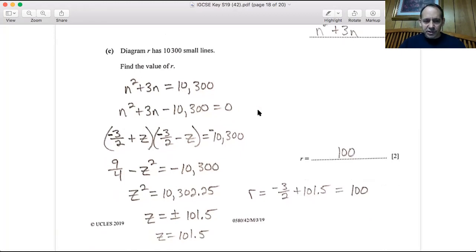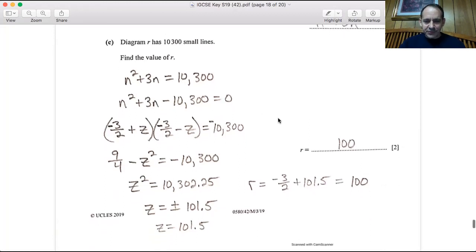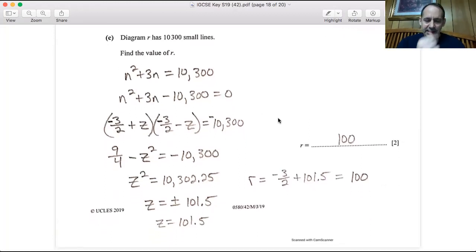Now, you can use the quadratic formula. In fact, most of you are probably familiar with the quadratic formula. You can use that. But just for fun, I tried the Po-Shen Lee method. And if you don't know what that is, I have a video on that. Again, AS level quadratics. I think it's part 3B, if I remember right, on the